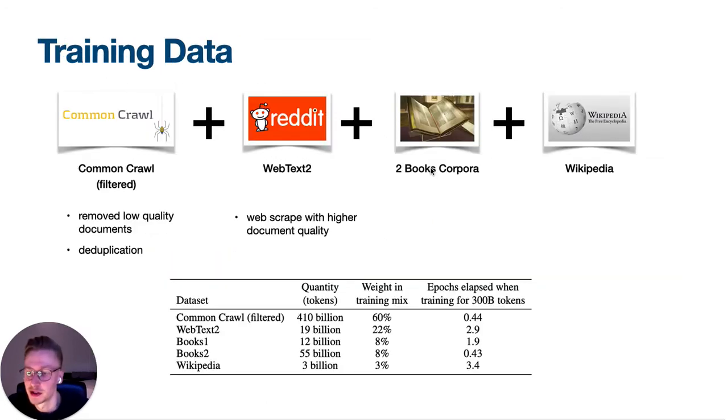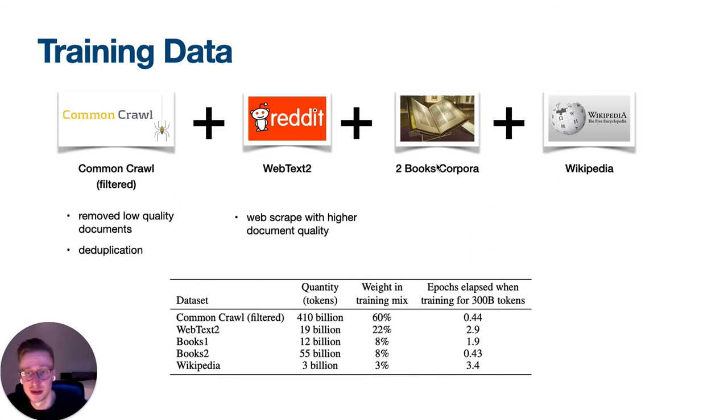Next up, I want to talk about the training data that was used for pre-training GPT-3. First of all, they used Common Crawl, which is basically a crawl of the entire internet. And this crawl would be big enough to train even their biggest model without seeing any data twice. The issue with Common Crawl, though, is that it has quite low quality data. So they filtered Common Crawl for quality documents and also for deduplication, so they don't have the same data in their training and test set in the end.